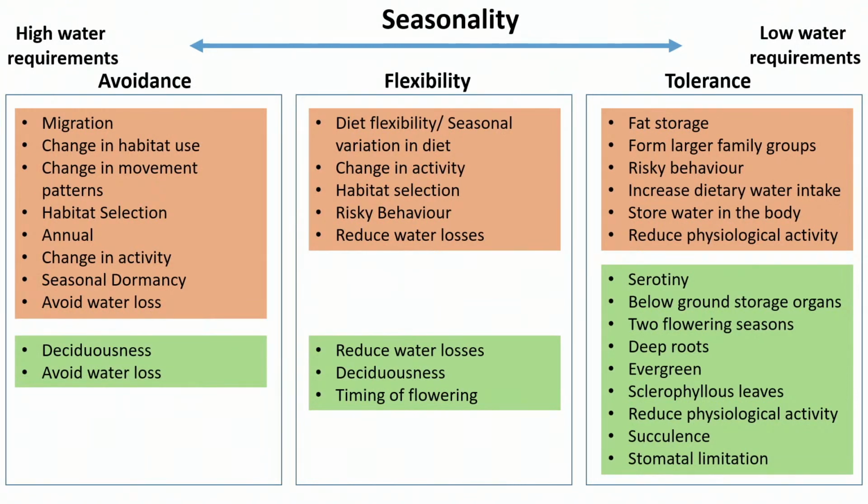Also, the other thing that we're realizing just from these results, based on these colors, is that more animals are avoiders and more plants are tolerators, which makes sense because plants cannot run anyway.